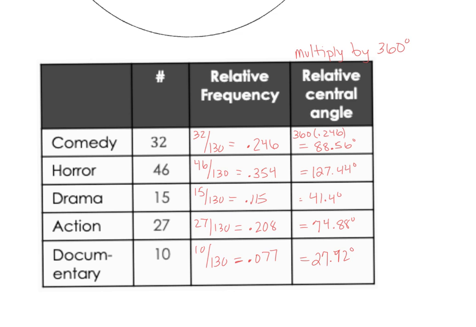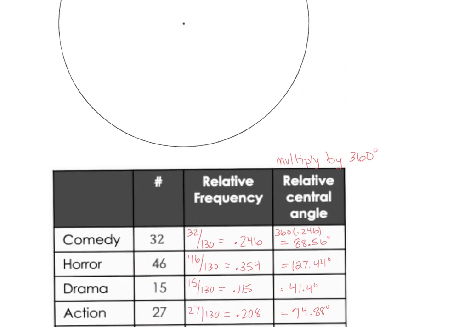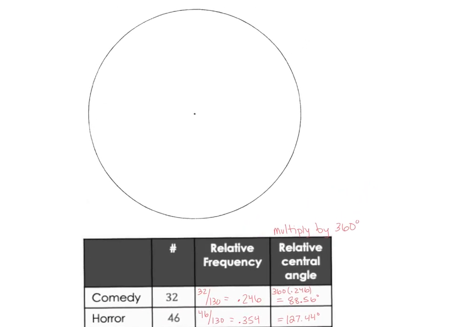You see a lot of people when they do pie charts in elementary school and middle school, they'll just kind of guess at how big they should be, but we want to be more accurate and more precise with our graphs. So we come up here to our pie chart, and we're going to do the best we can to figure out exactly how many degrees. We could use a protractor and measure this exactly, but for time's sake and the way I'm delivering this lesson,